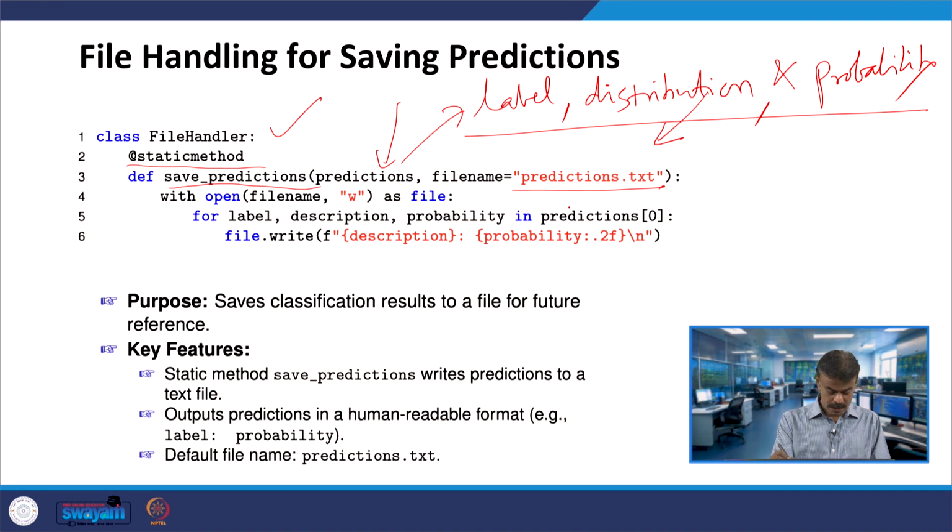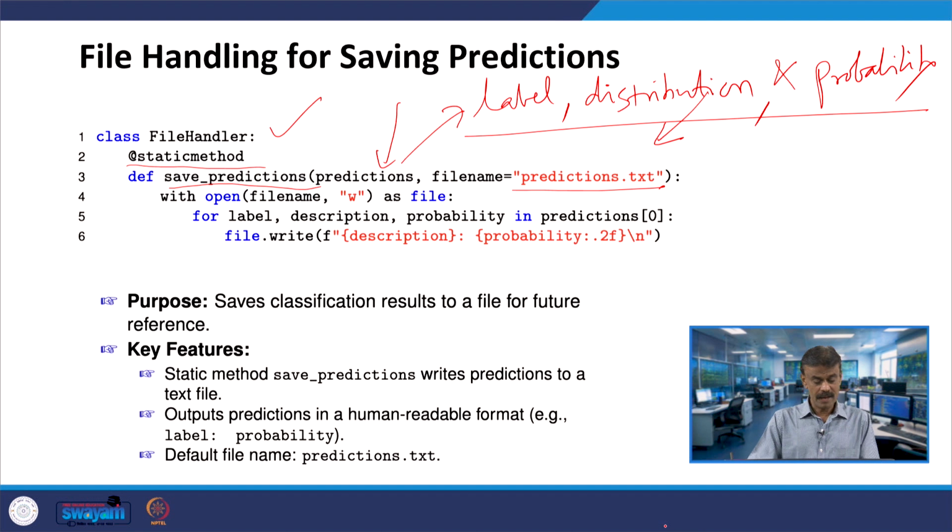The file name to save the predictions is predictions.txt, so whatever the predictions are will be saved into predictions.txt. This is up to line number 3.